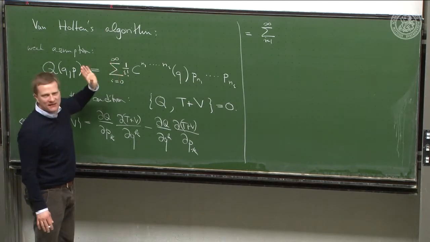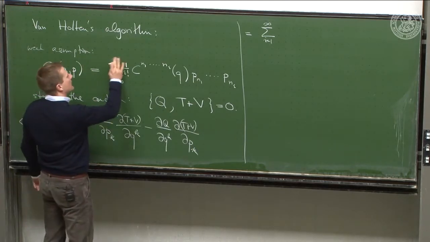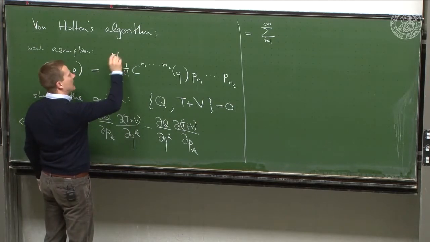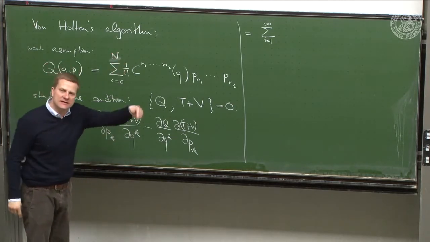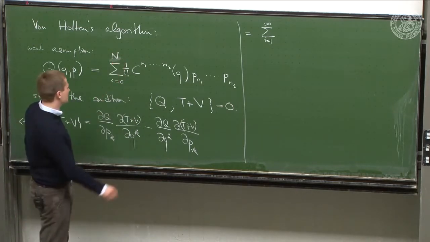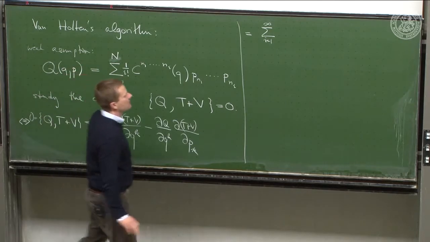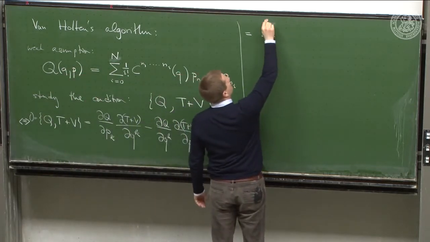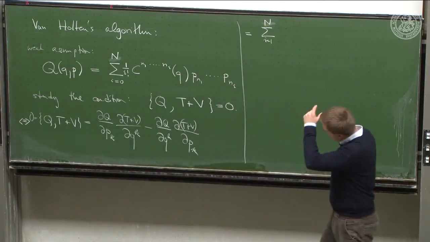Okay, so you could make another point out of this. You could say, well, actually you just mean up to some capital N, and we have later on to find a consistency condition that we can do this, okay? So let's maybe do it like this, then we don't run into mathematical difficulties and we can derive order by